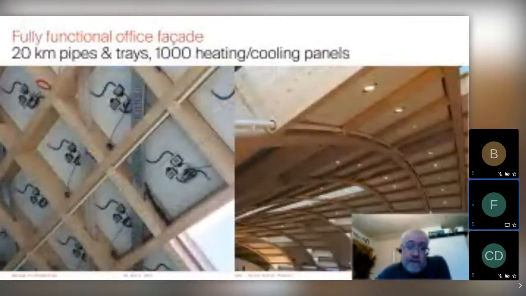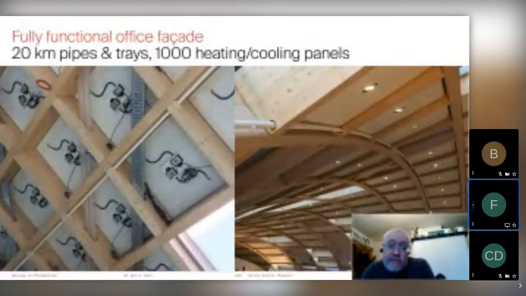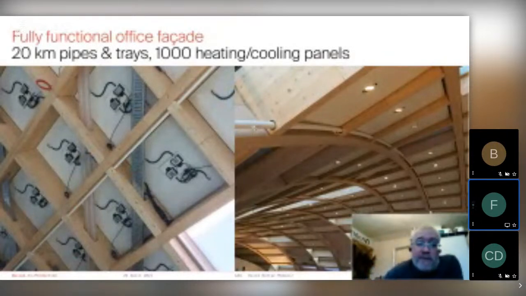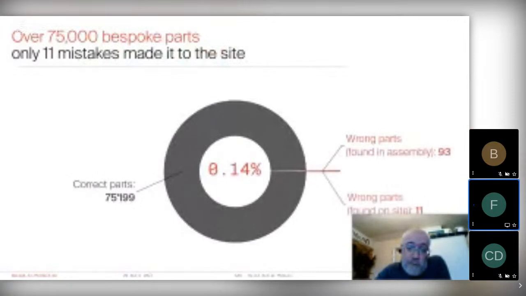And since we have a fully functional office facade, we also have 20 kilometers of pipes and trays and heating and cooling panels up there. They're all bespoke. So we have, in the end, about 75,000 bespoke parts in this timber grid shell. And we managed to only arrive at 11 wrong parts on site, which is also due to parametric modeling, because